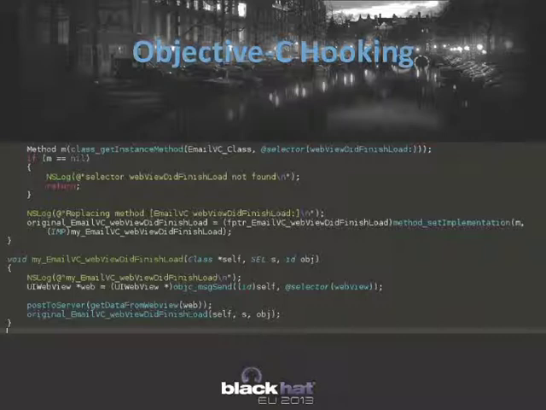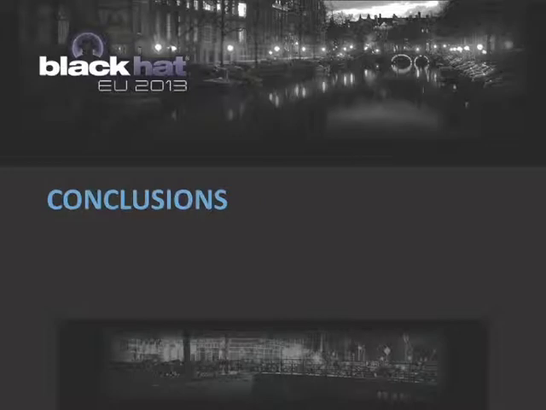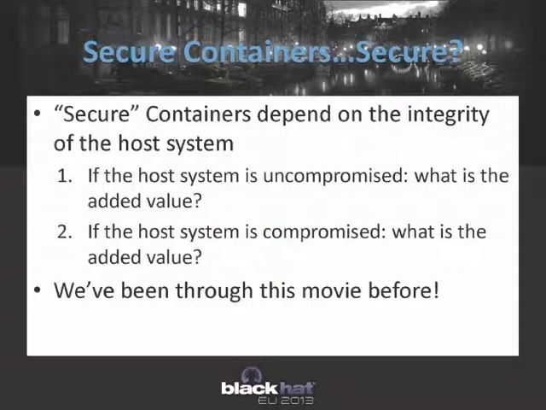Here's, for example, how we did it for Good. We have a method called webViewDidFinishLoad, which is called when the email is loaded into the UI. We save the original method using method_setImplementation. Once it's called, before we call the original one, we pull out the email from the UI and send it home. Then we call the original one, and this allows us to stand in the middle of the hooking mechanisms for iOS. Now, what we need to remember here is that the secure containers depend heavily on